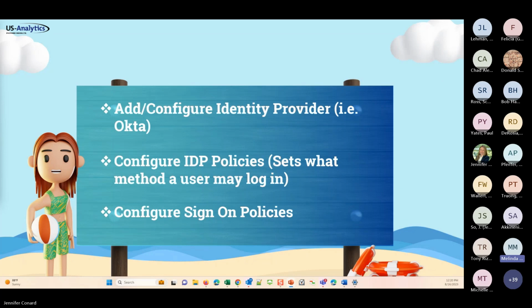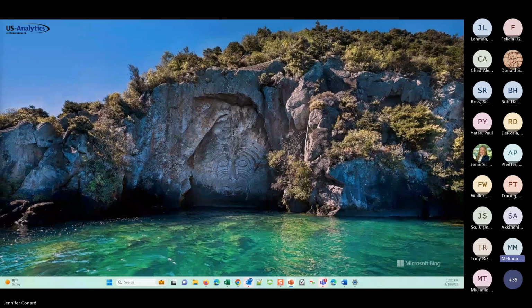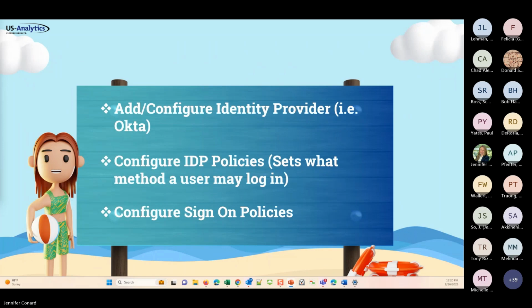Thus far, I haven't had any clients that have wanted to add more content on that landing page, but that doesn't mean that wouldn't suit your needs. Setting that up was interesting as well, because early on the client said, well, when I go to my apps, there's nothing there. It took a little bit of trial and error working with the client to figure out exactly which screen or menu we needed to configure to get it to show up exactly how they wanted it. So that was good.